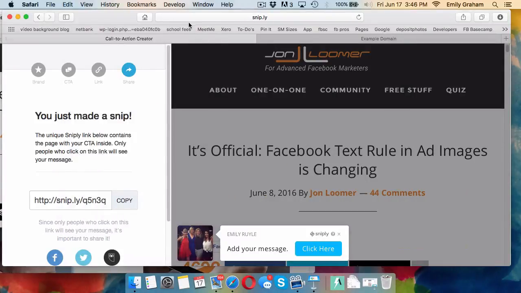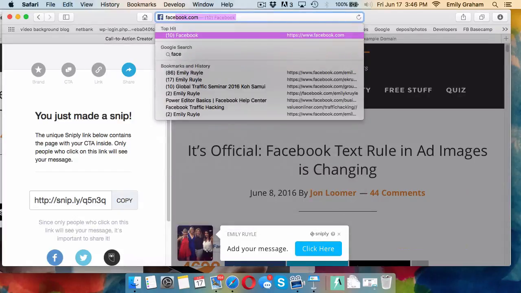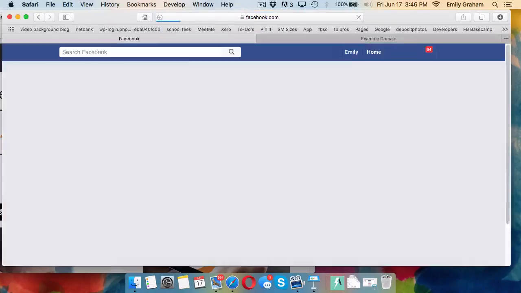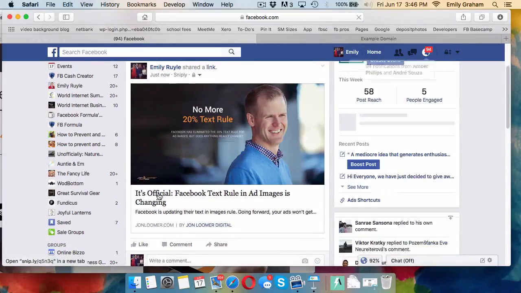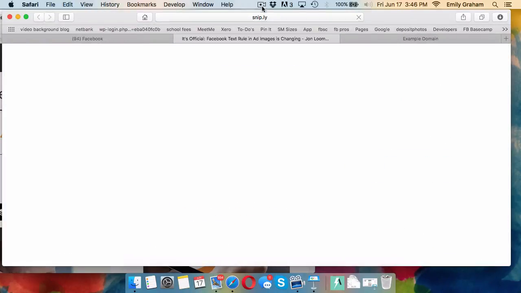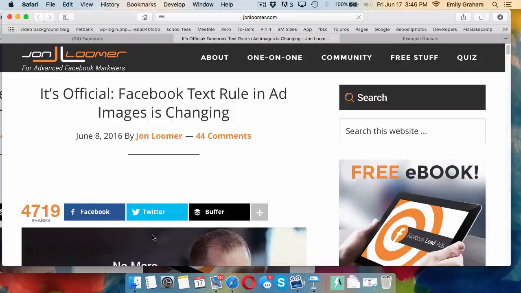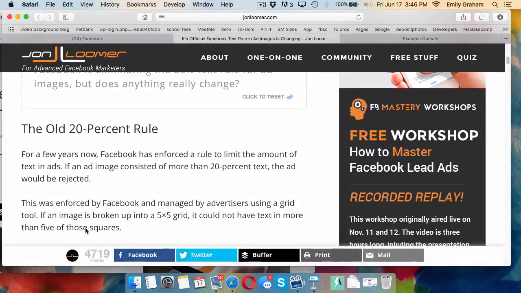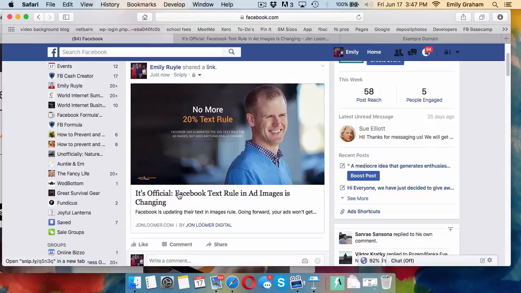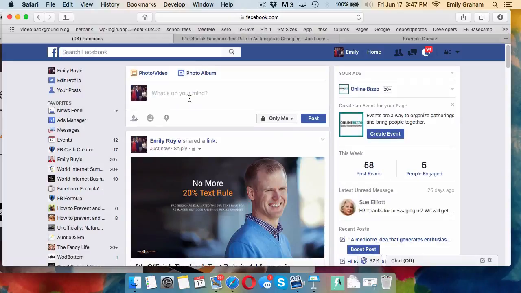So now when your fans are seeing your posts on Facebook and you're providing awesome content, they click here. You see the URL is Sniply. It didn't work. In theory, it should have worked. So what should happen, and has happened in the past, and it does work, is that it would come up with your call to action right here. Maybe John Loomer has some special thing. Okay, I'm actually going to redo this and post this